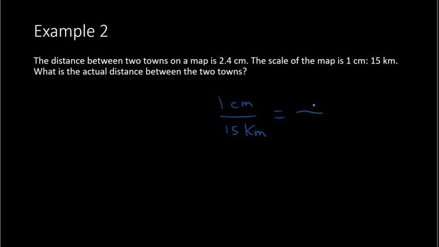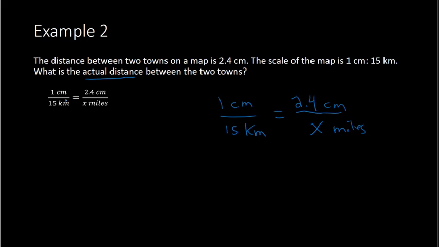So on the map it says the distance between two towns is 2.4 centimeters. So here we have another fraction, 2.4 centimeters, and the question is, what is the actual distance? So the top is going to be the distance on the map, the bottom is the actual distance. So the actual distance is unknown, and that's going to be on the bottom of the second fraction. So here I have a proportion that I can solve by cross multiplying. So here you see it written over here on the side. When I cross multiply,